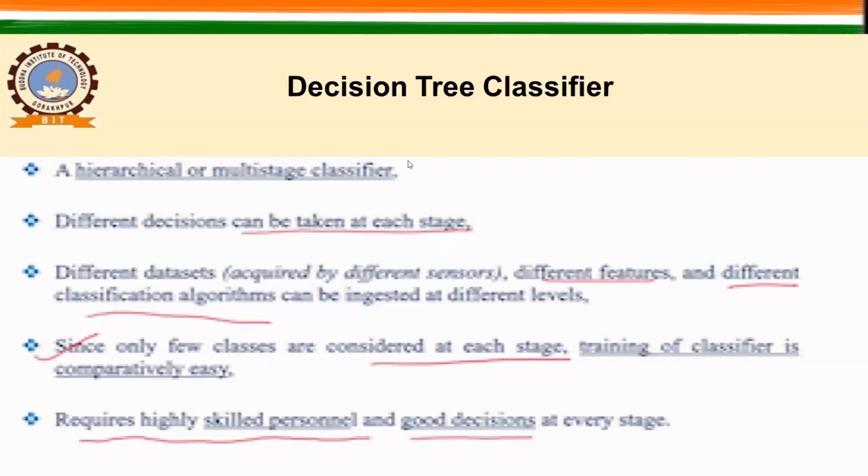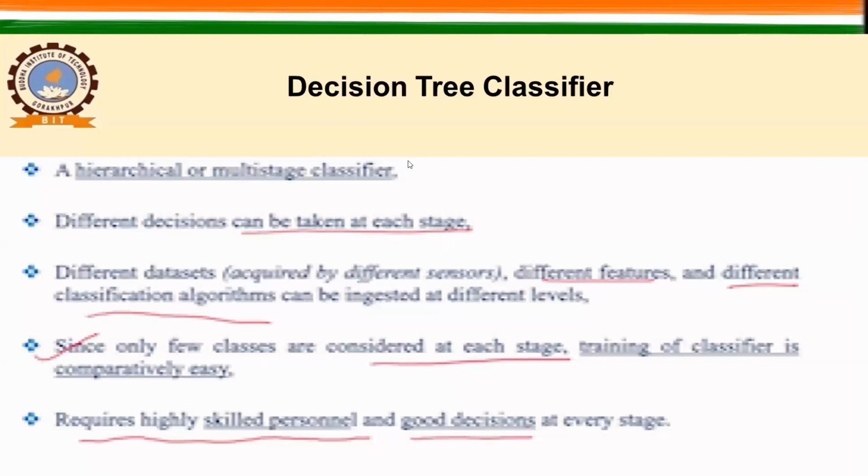This is the mechanism, or how we are going to apply the classification technique, to identify a particular class type using decision tree classification, where you have all the flexibility to use unsupervised and supervised classification at different levels.